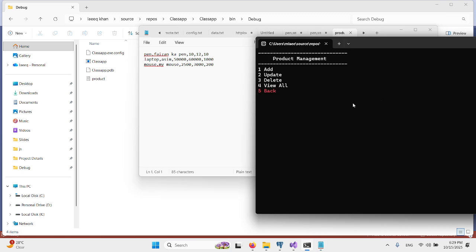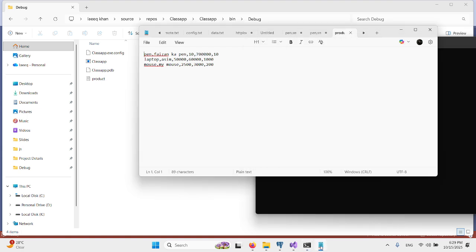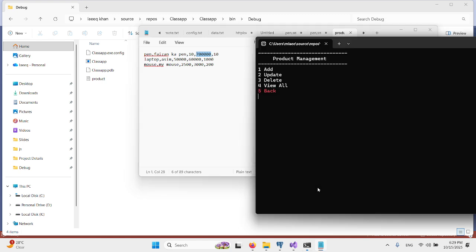Okay, let's perform the update operation now. For update we will enter the product name pen, and see what the price is. Was this sale price or purchase price? Sale price, I think. So it's 12 now. In the code it was purchase price. Okay, we enter 5,000, no, let's make it 7,000, just to differentiate the text. Enter, minimize, reopen it, and you can see we got this as the sale price. Okay, let's update another record.